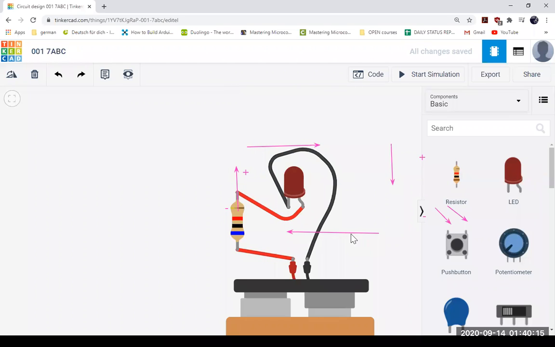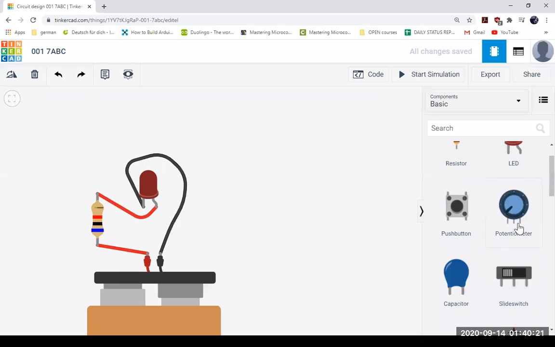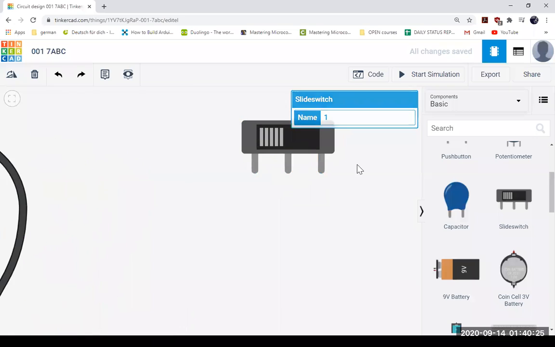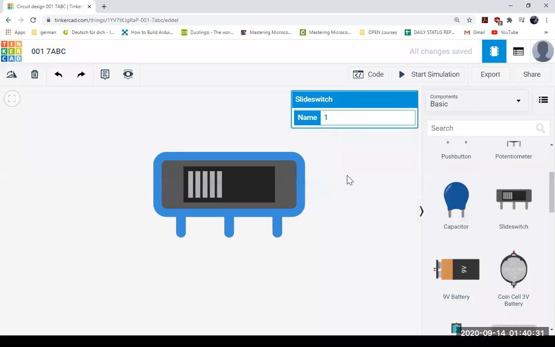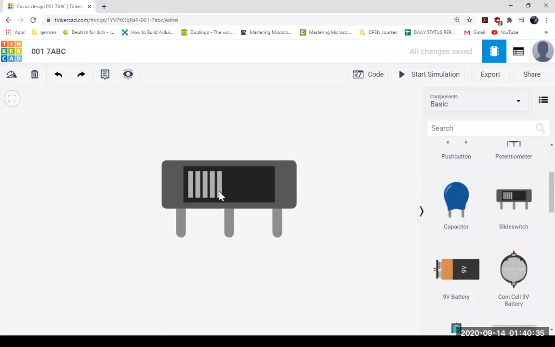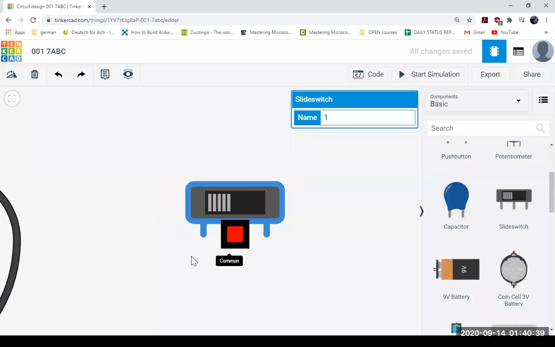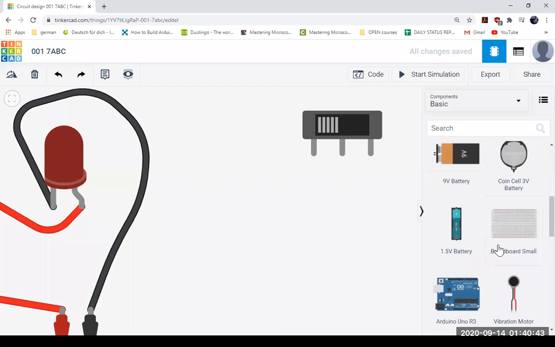So now we have a circuit here. So let me clear all the drawing. So if I want to use a switch, okay. So what is a switch? A switch actually is a device which helps us to turn on or turn off any supply. Okay, it can help us to turn on and off, right? So how can we use a switch, right?